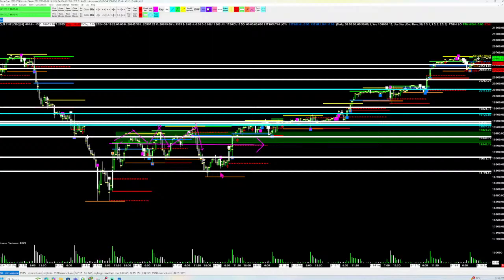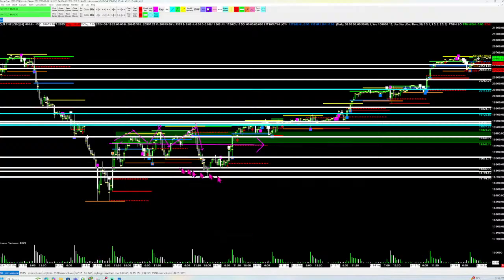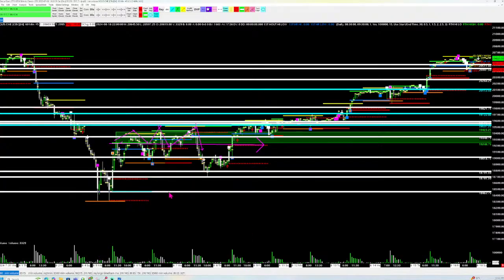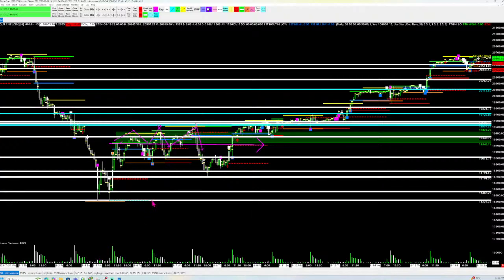Globex prior day's low here. Globex low here. Prior RTH low here, Globex low here. I can see that we pushed out of here twice, so I'm going to have this all